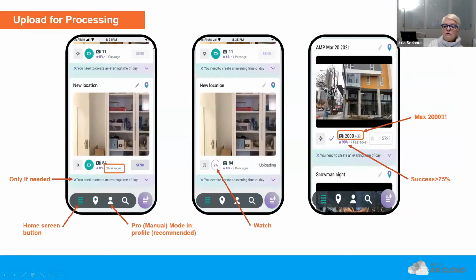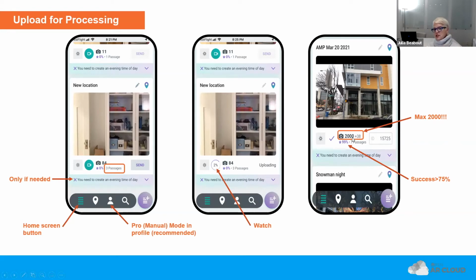So after I had created my passes, then you need to upload it to Augmented City's server to process all of those pictures. The thing to realize when you're doing a scan is even though you're moving and taking pictures, it's actually not taking video, it's taking individual pictures, and they're combining those into an overall point cloud. And so a few things to realize is you want to really keep each of your locations below 2,000 pictures. So a collection of 2,000 pictures.